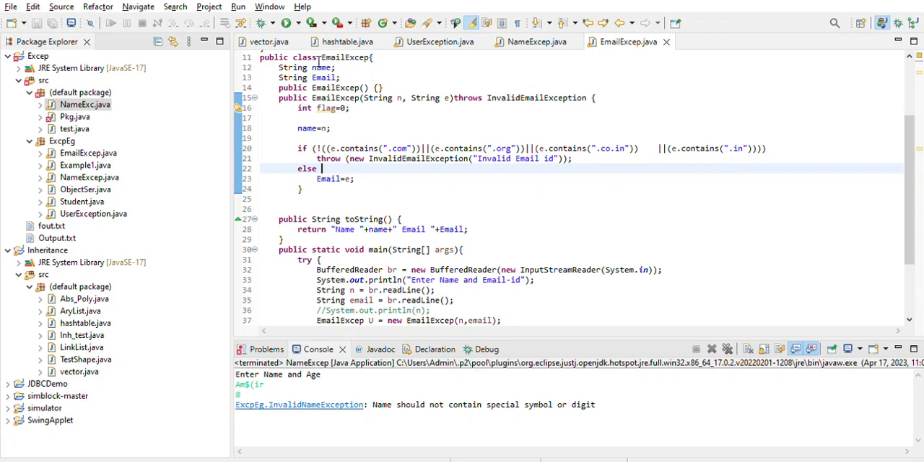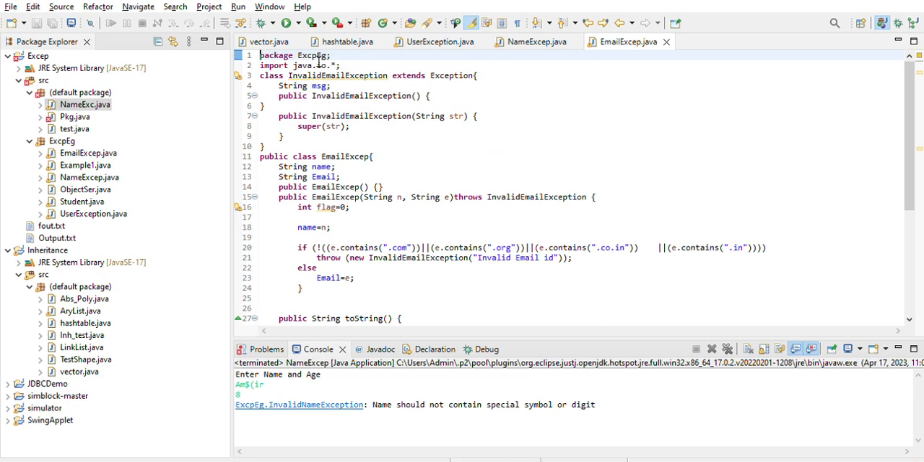Next assignment is on checking the validity of email. So we have to write the user defined exception, InvalidEmailException, extends Exception. As we are going to read the value, we have to import the package java.io to use the BufferedReader class and so on. Now here again the String message is there, which is going to store the actual message